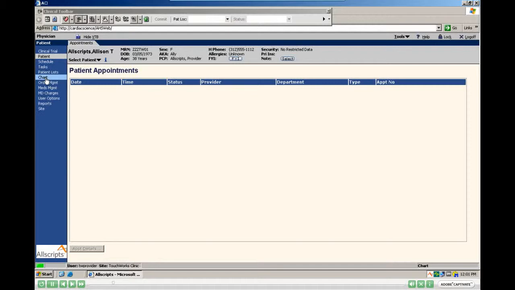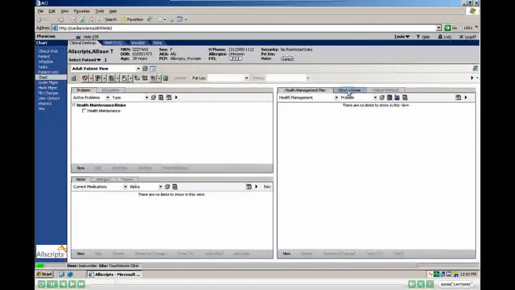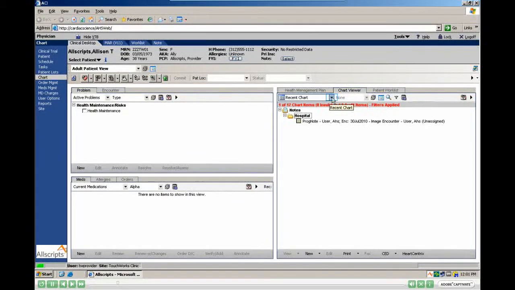Now, if we want to view diagnostic reports or perform diagnostic exams using CareCenter MD, we go down to what's called the Chart Viewer mode. So we hit Chart on the left-hand side there. And then we go over here and hit Chart Viewer. And then we select All by